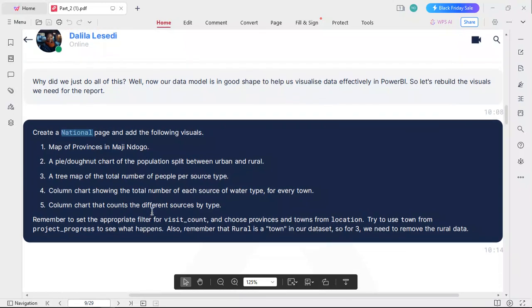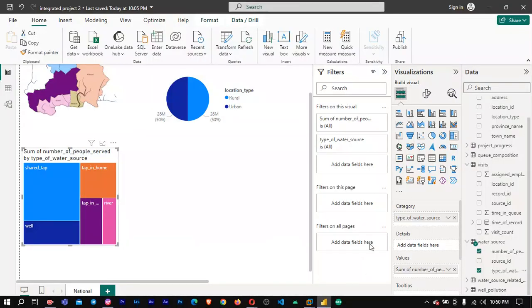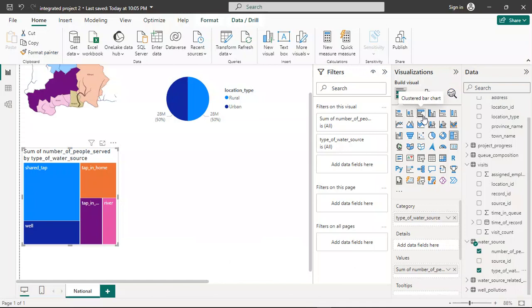Another one was a column chart showing the total number of each source of water type for every town. A column chart showing the total number of each source of water type. The total number of each. So it is